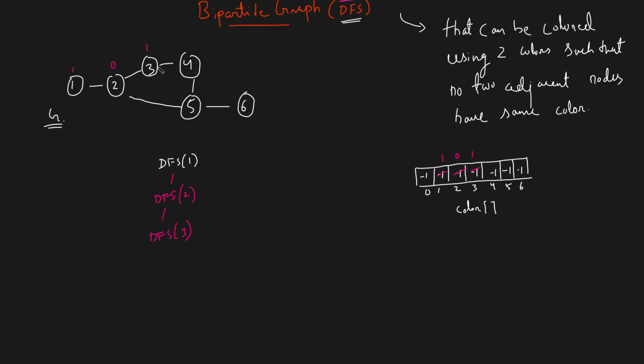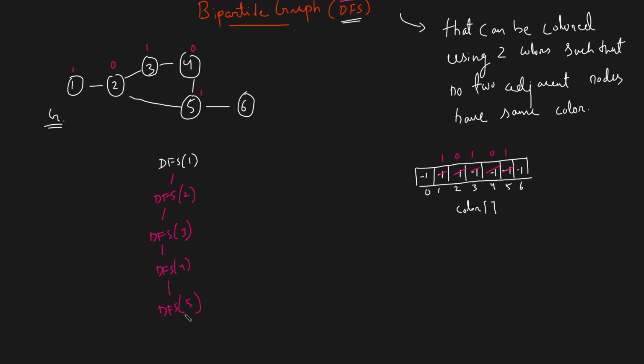Now when you go to 3, 3 will check its adjacent. 2 has the exact opposite color. Fine. The other one is 4, which is not colored. So it colors it with 0, right? You have colored it. Now it's time to call the DFS for 4. Now when you go for 4, 4 tries to check for its adjacent. 3 has the opposite color. 5 doesn't have an opposite color. So what you do is you go to 5 and you color that with 1. So color it with 1 and now go to 5 with the help of DFS traversal.